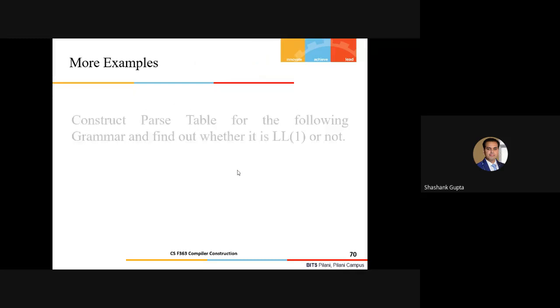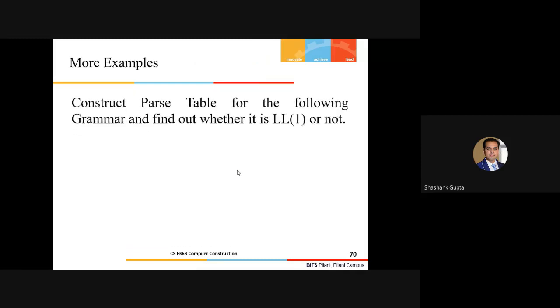Fine. Let us take more examples. This time I'm insisting, try to construct the parse table so that you can also visualize what exactly is happening here.